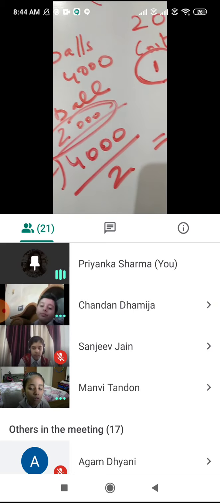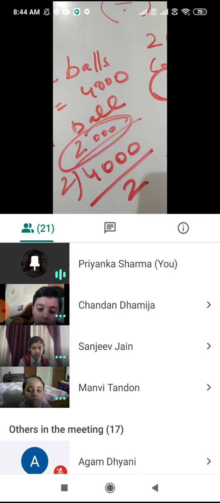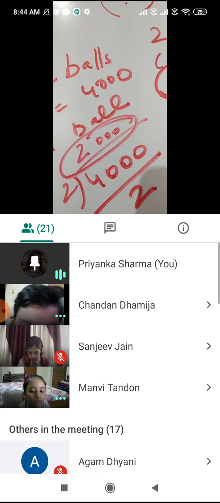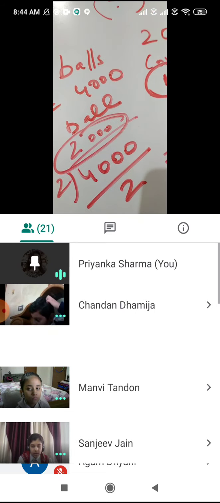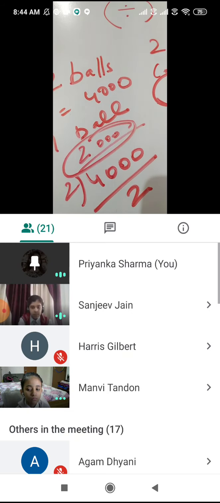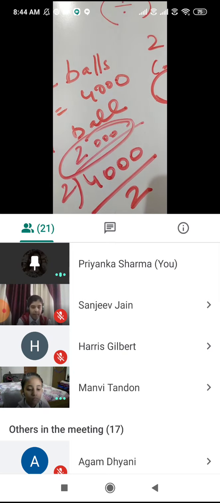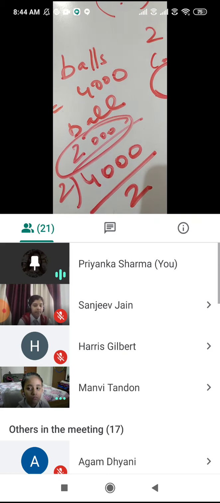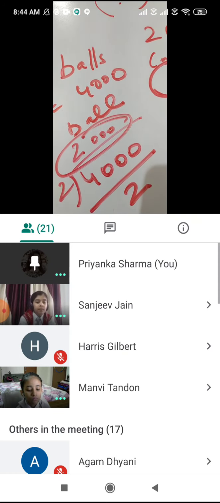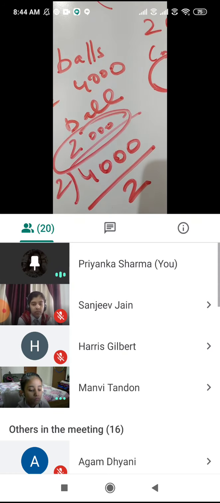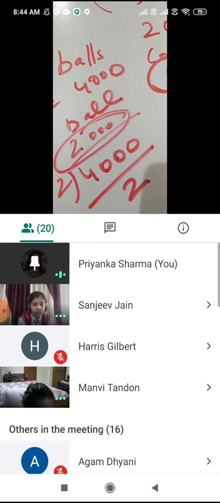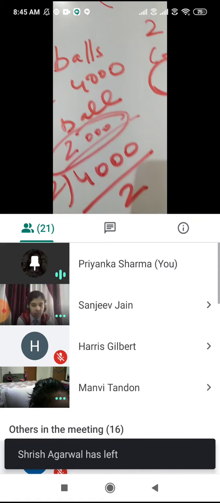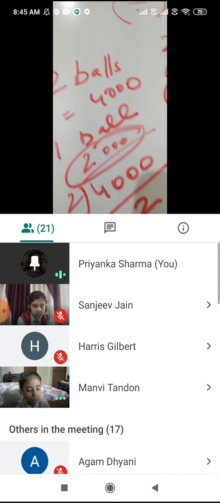Are you understanding how we find out the cost of one ball, one bat, anything which is one in number? By dividing. Any number which is given more, and we have to find out one, then we divide. More is given, one is to be found, divide. Simple formula. Okay, so now let's come on to exercise 14.1.